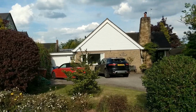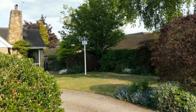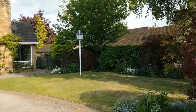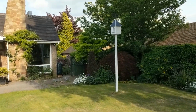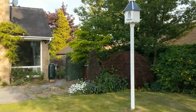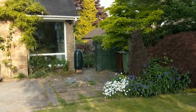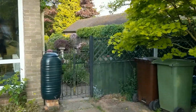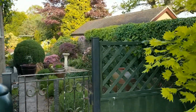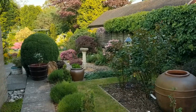Welcome to Weatheroak. Although we're not in open gardens this year, we do feel like we've spent rather a lot of time in our garden recently. We've painted the dovecot, we've painted the fence, however,